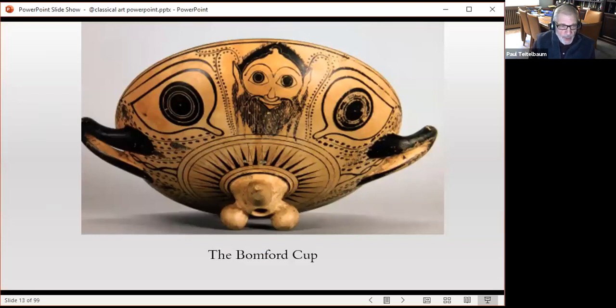So this is the Bomford cup. And if you look at the bottom of the cup, you see male genitals. Now, we look at this and we would say, well, this is a crude joke. And certainly for the Greeks, it was also a joke, but was it a crude joke to the Greeks? That's harder to say because the Greeks had a different attitude towards sexuality in general and homosexuality in particular. Leviticus was not part of their tradition,